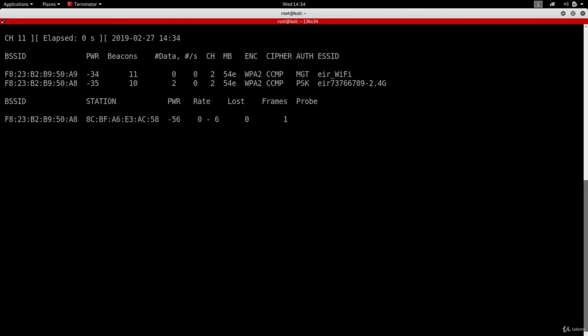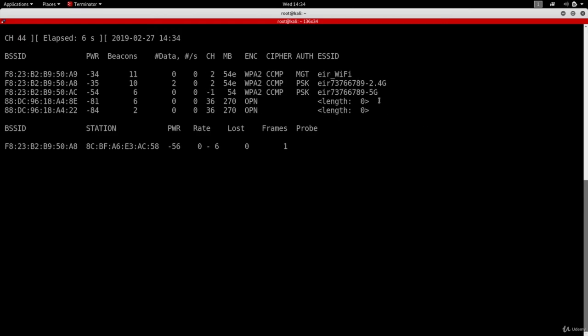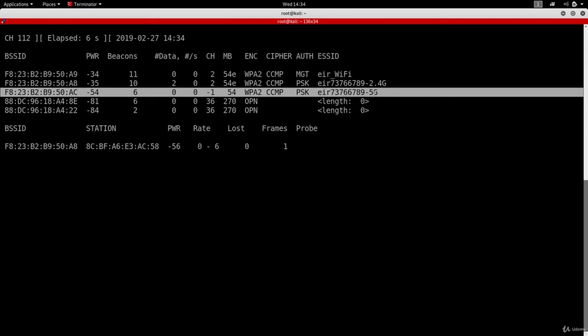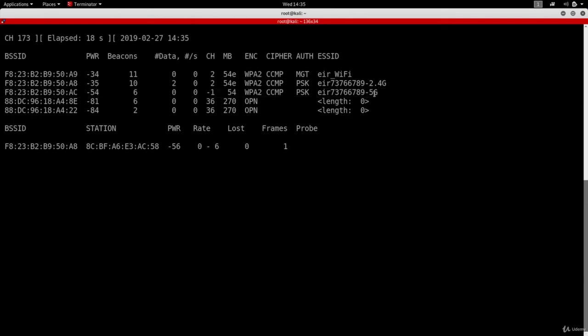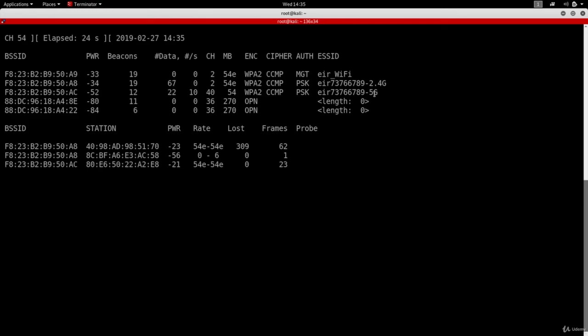So as you can see right here, we're capturing some 2.4 gigahertz networks and we're capturing 5 gigahertz networks as well at the same time. And we'll also be able to discover clients connecting to both bands. The only problem with using AeroDump like this is, first of all, you need a powerful wireless adapter to do this. Also, it'll be slightly slower than only sniffing on one band, because when you're sniffing on two bands, you have a lot of channels that AeroDump NG has to hop on all of them and discover clients and networks